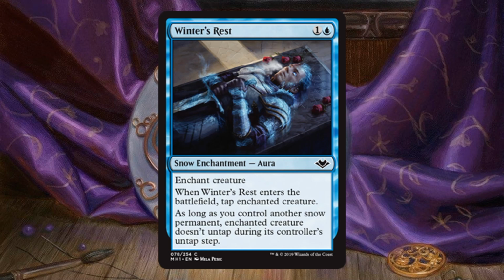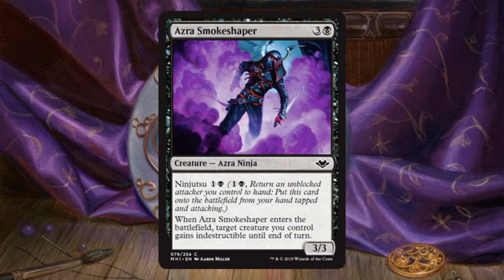Snow basic lands, remember you can use the ones that you draft or the ones that are in your sealed booster packs, but you can't just go to the land station and pick them up, so that can get kind of tricky sometimes. Ezra Smoke Shaper as we move on to black, and you know what, this is a ninja